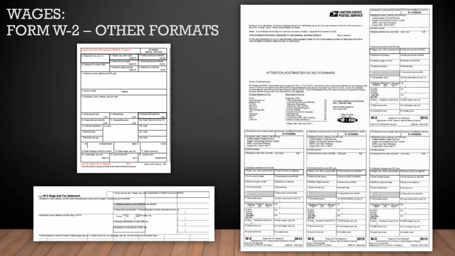So if you get a W-2 like this, first off, don't panic. Just take a deep breath. Usually box 1 and 2 have a little extra dark outline around them, so you can try to find box 1 and 2 first, and then kind of orient yourself around the other boxes. You don't need to panic. It's okay. You'll figure it out. Just take a deep breath and start trying to orient yourself.